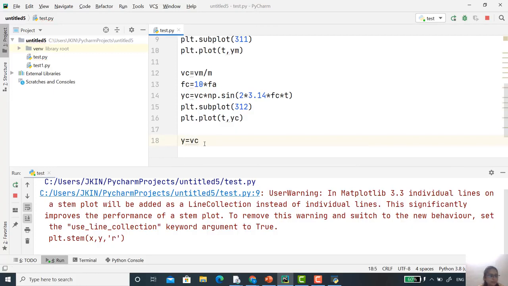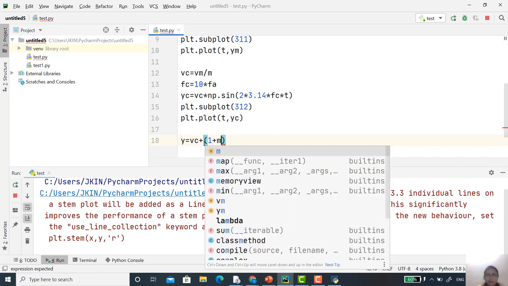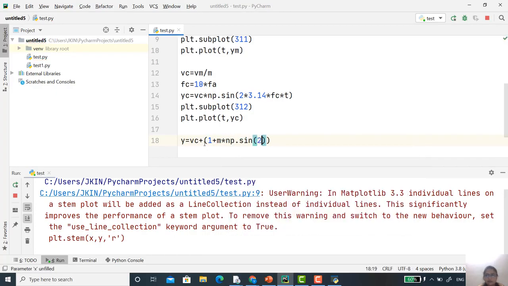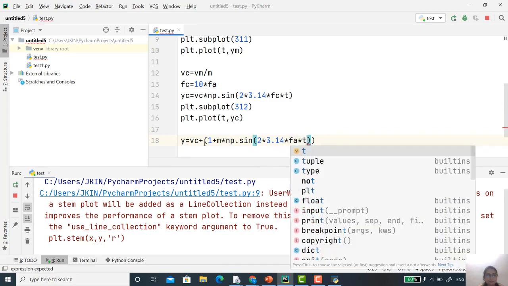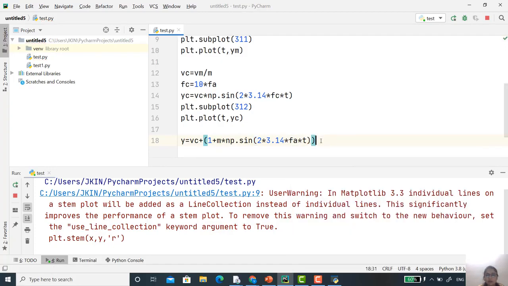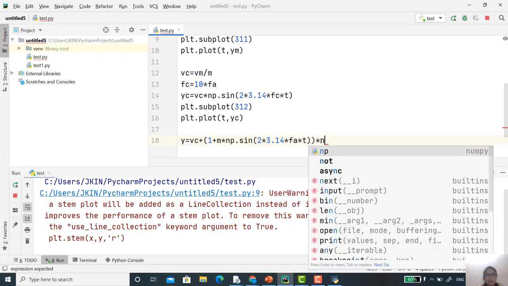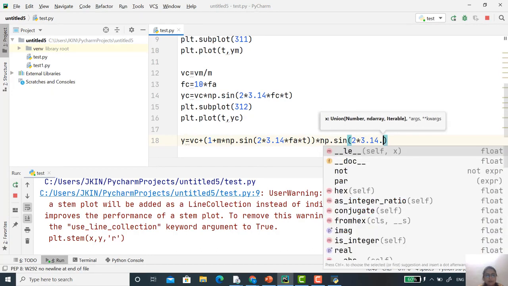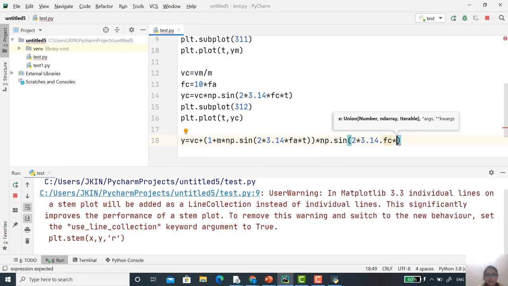That is Vc plus, here 1 plus m into np.sin, here 2 multiplied by 3.14 multiplied by Fa multiplied by t, and then you have to multiply this with np.sin, and here 2 multiplied by 3.14 multiplied by Fc multiplied by t.